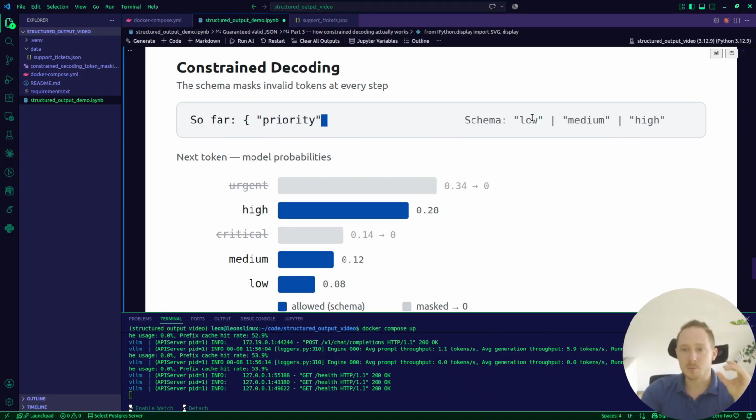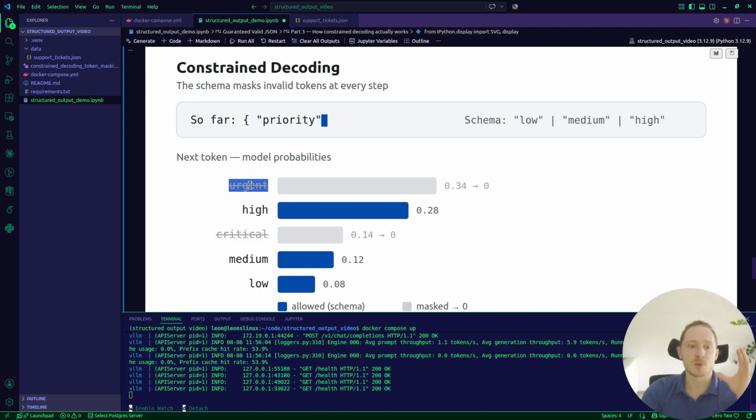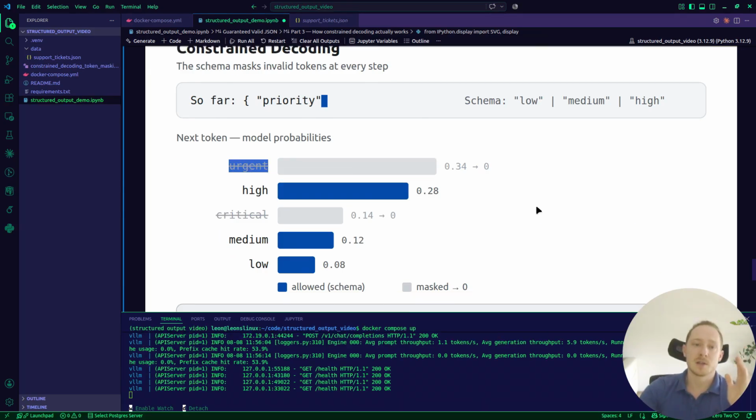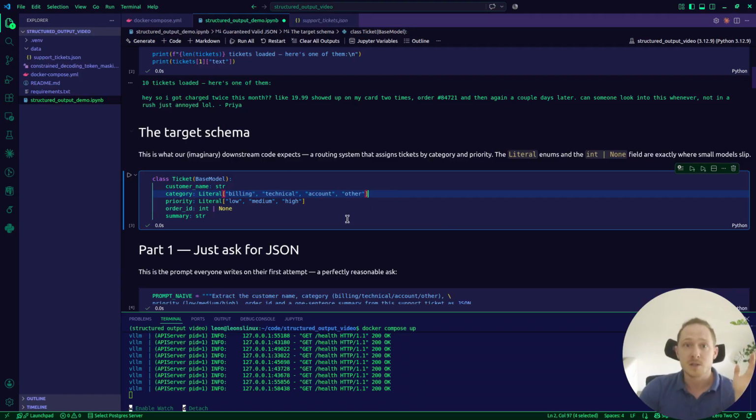And now in our schema, we would only allow low, medium and high, but the LLM would, without the constraint decoding, give the word urgent the highest probability. So without the constraint decoding, we would have the wrong word sampled here. But with our constraint decoding, a mask is created, and the mask is setting the probability of every token which is not in our schema to 0. So only the tokens which are correct based on our schema are allowed. And this again is only a simple example, but you can have nested schemas, really complex extractions, and it would